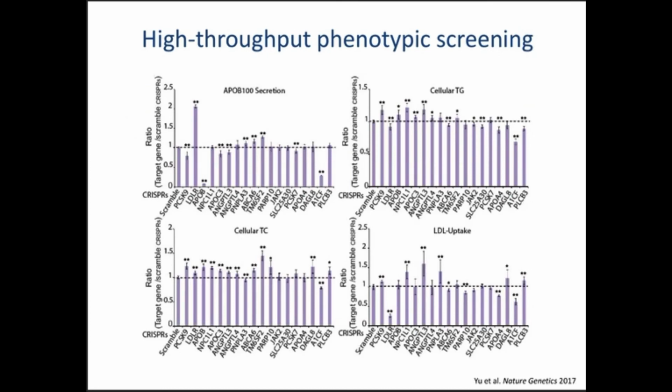And you can see one here. The positive control was PCSK9. Those in the know, PCSK9 is the new hot gene. There's an antibody directed against it that lowers cholesterol levels, LDL cholesterol, to the lowest levels possible. When you knock it out, you get about a 30% change, which is consistent with what we find in the individuals. If you knock out ApoB, which carries LDL cholesterol, you completely eliminate it. One of the genes we found is twice as strong as PCSK9, A1CF, which actually is this RNA chaperone protein.